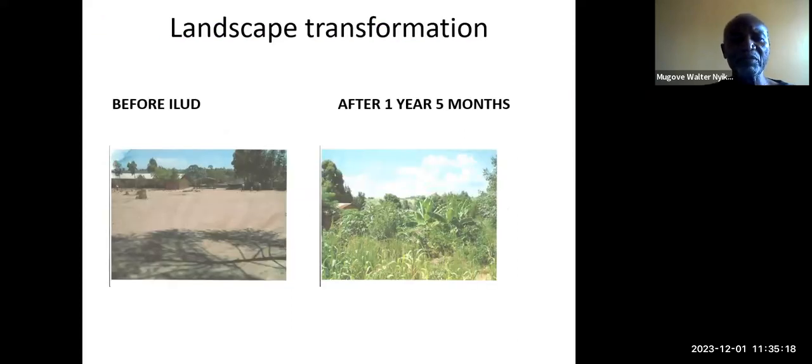Just some pictorial illustrations. This is a school in Malawi. Before we worked with it, that's what it looked like, as shown on the left side there. And then after 17 months, the same school was transformed into what you can see on the right. And this is on a zero budget because